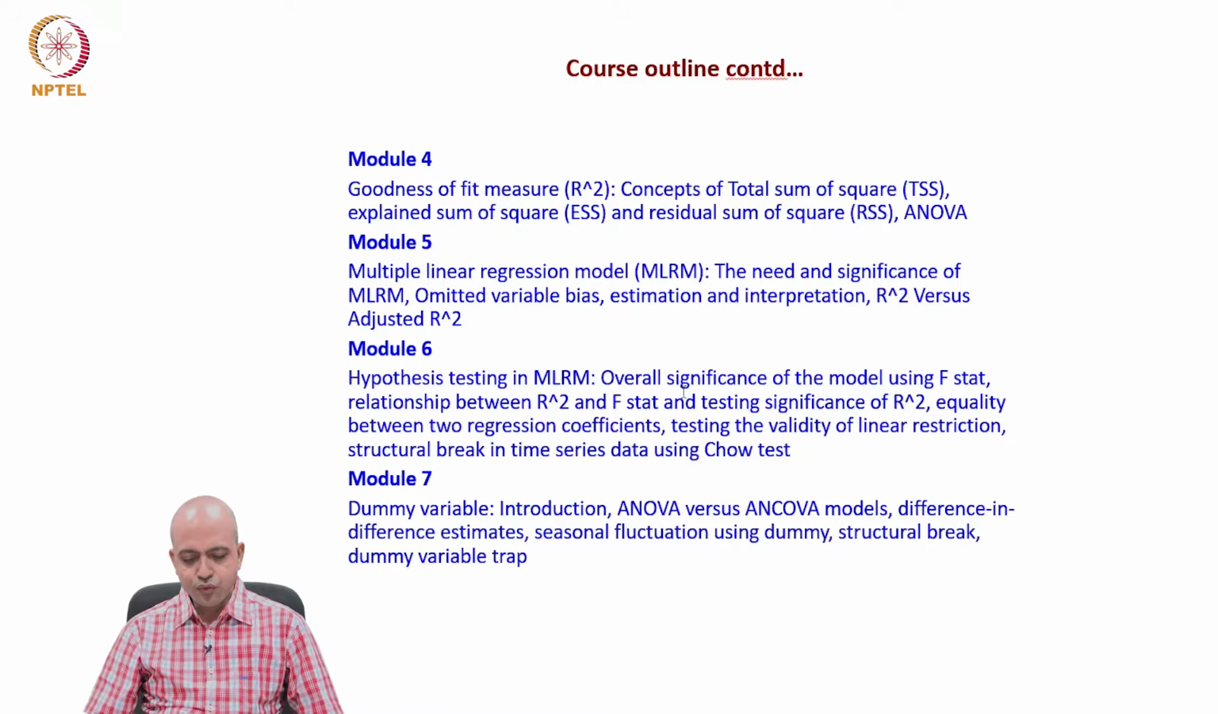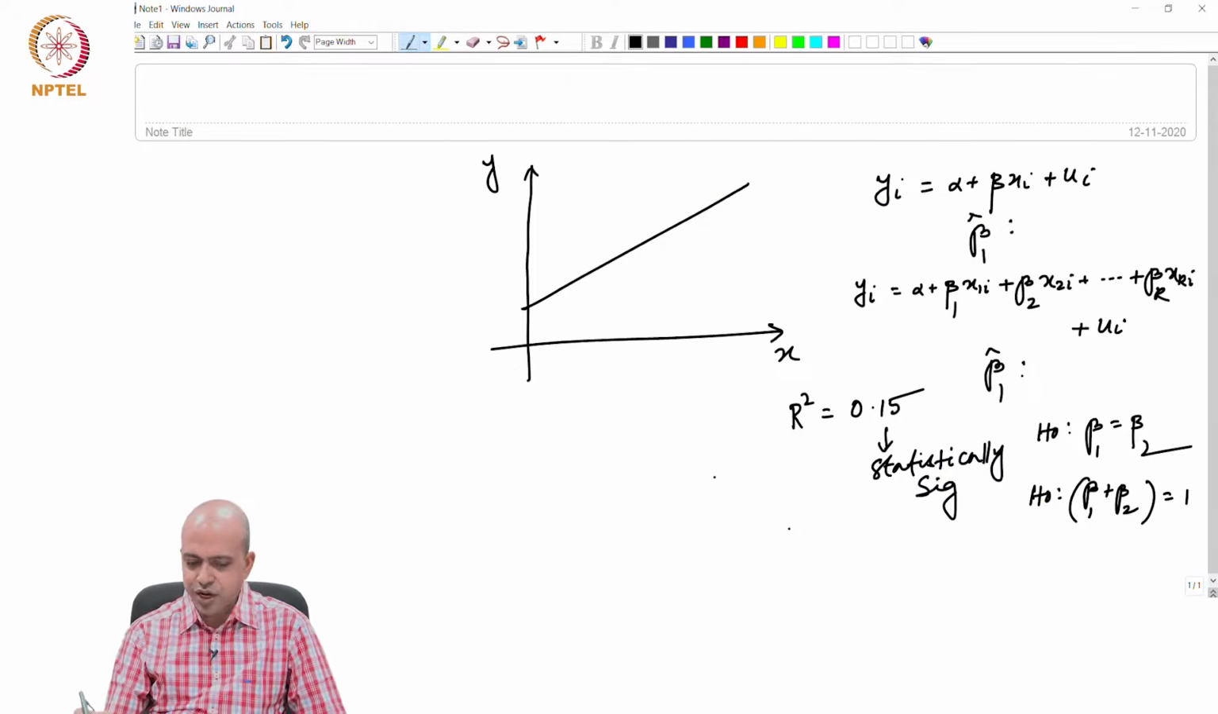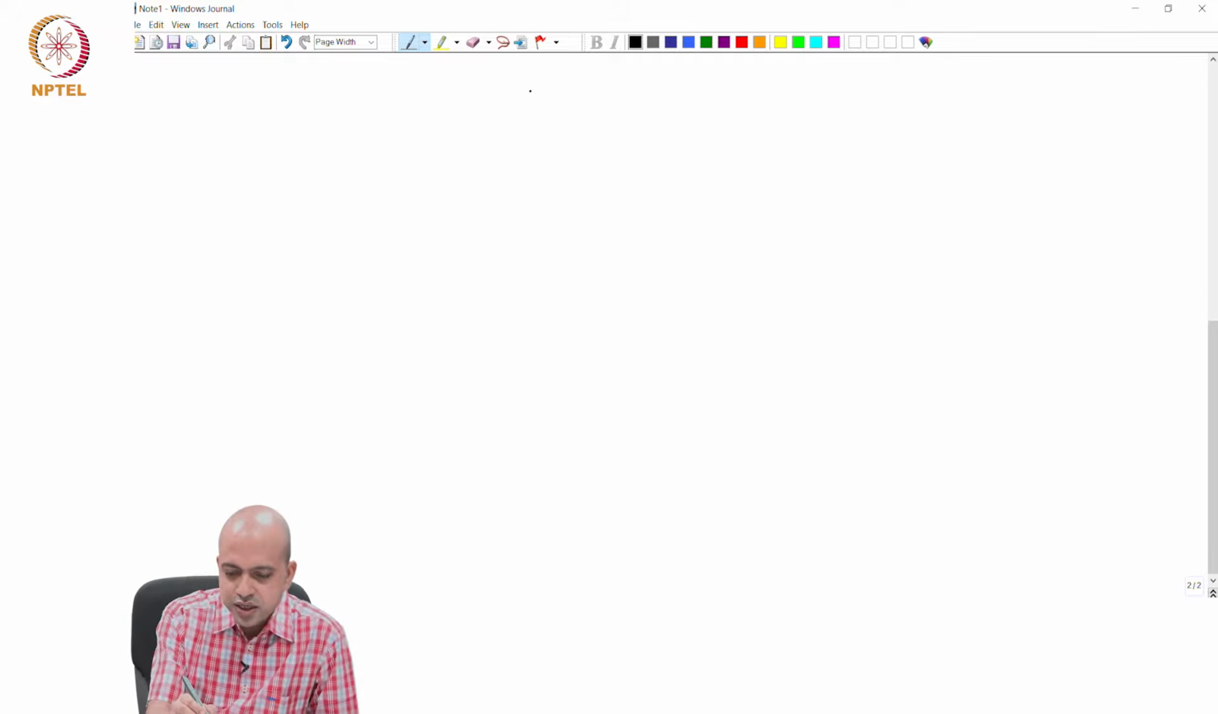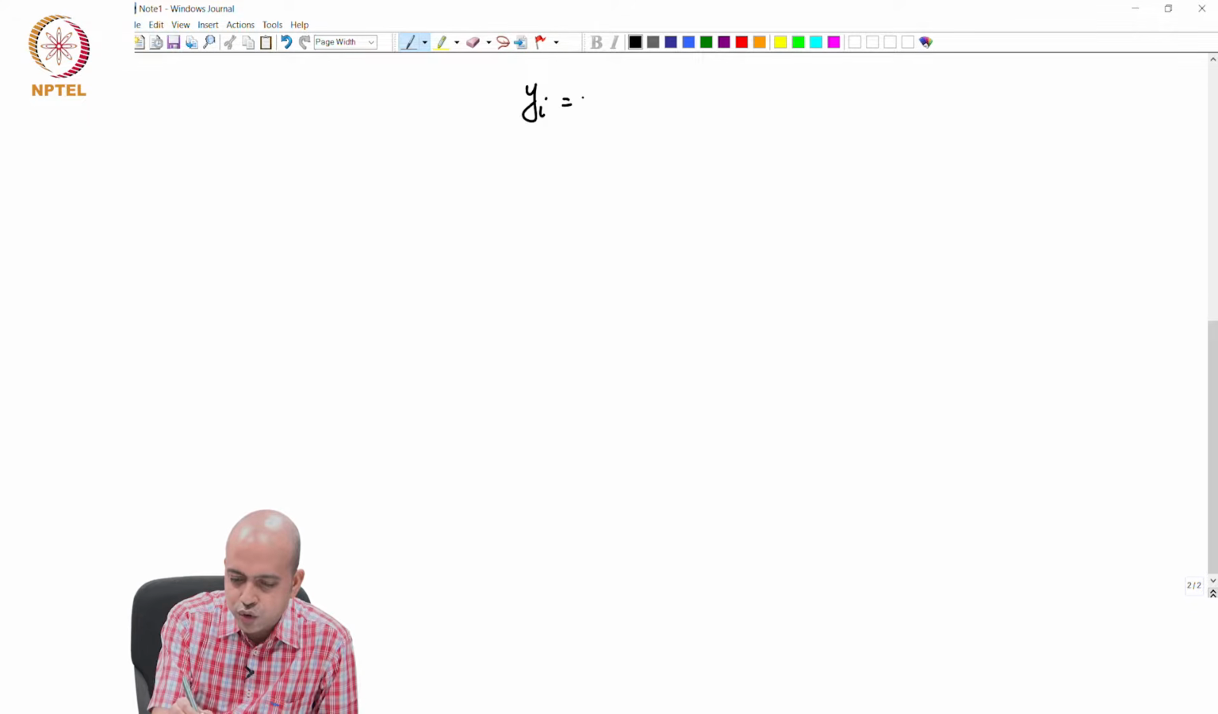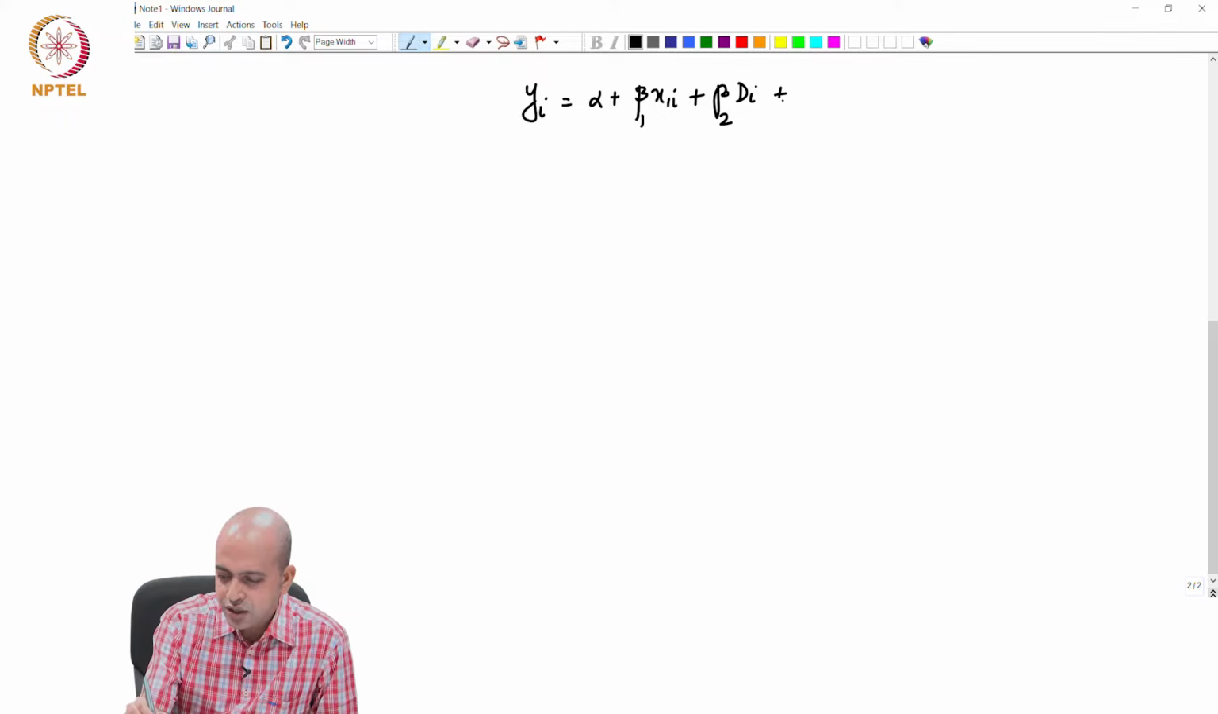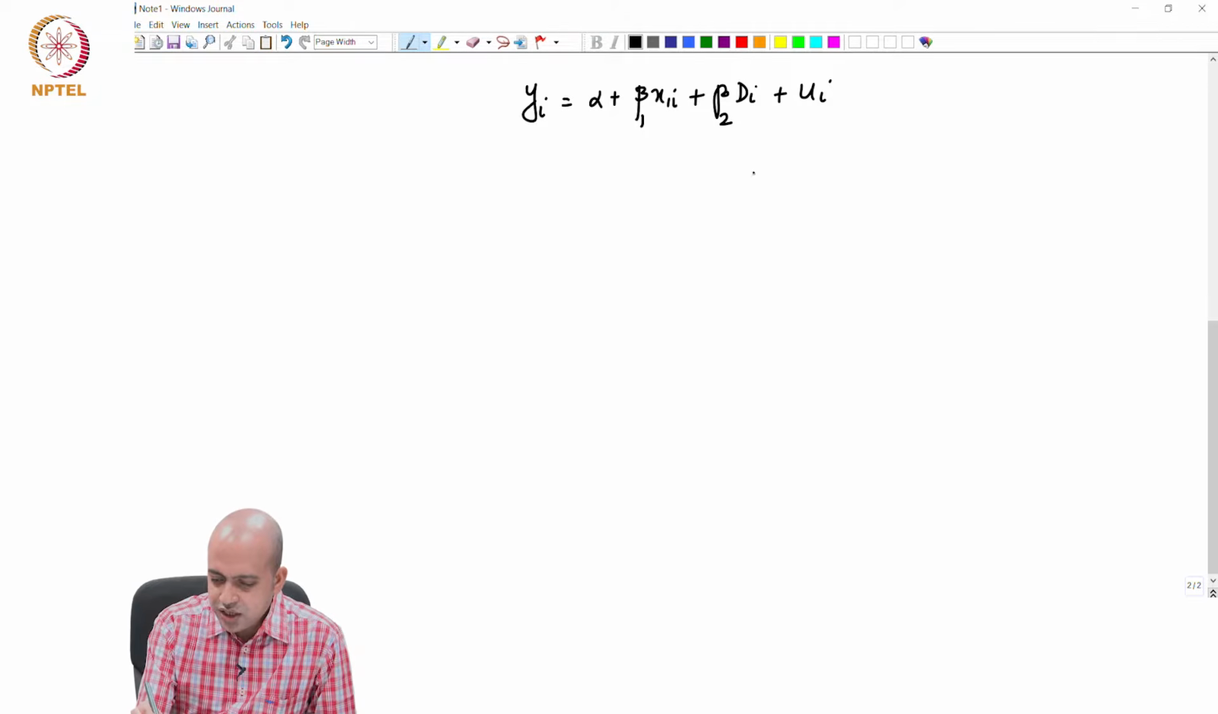Then in module 7, we are going to discuss dummy variable. The example we are discussing in this income consumption relationship is in a context where both income as well as consumption are quantitative variables. But it may so happen that sometimes our variable of interest is not always quantitative. For example, let us say I have a model where yi equals alpha plus beta 1 x1i plus beta 2